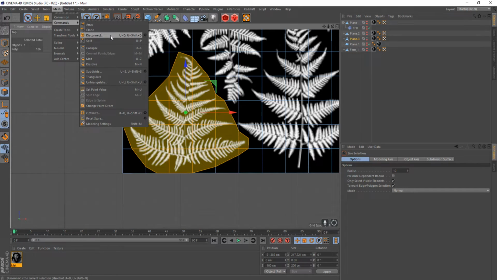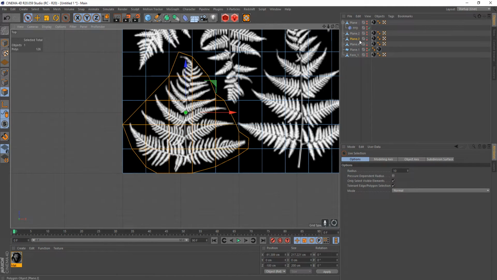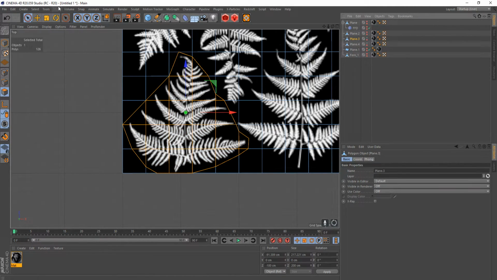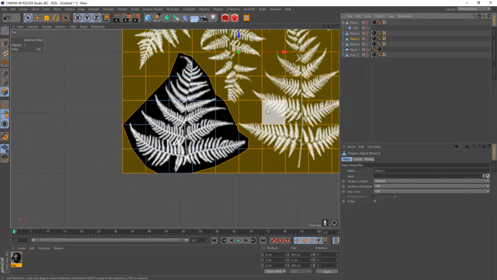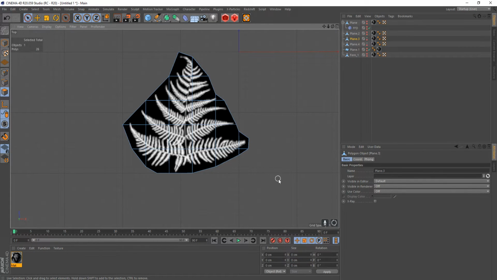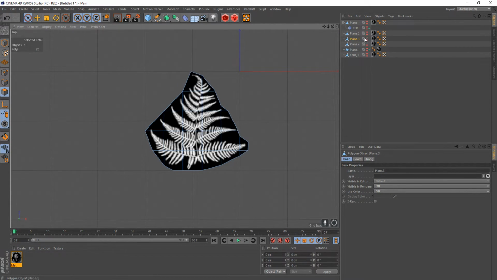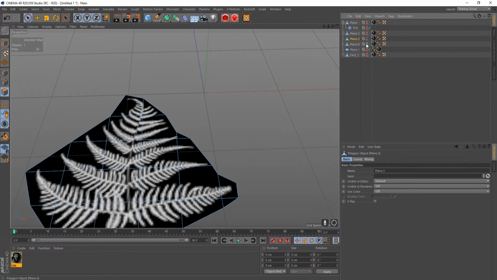It was the split. There we are. Split, and then we want to select and invert our selection. There we go. And then just delete the parts that we don't need. So now we have our plane here again, and this will be fern 2,